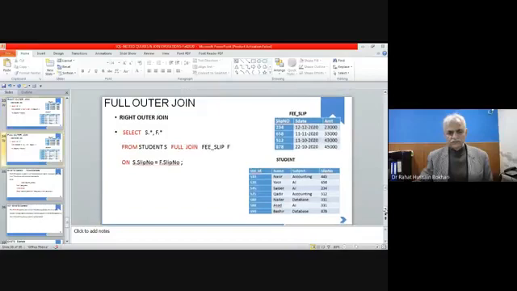Just then the full outer join, in which we have said it's the result from the left join and from the right join. Those are basically the output in our resultant output. So we have to write this: select star and F star, meaning all the columns of F from student and fee slip, and then we have to say this is a full join.